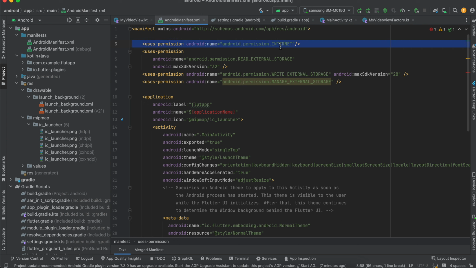That's why I've taken the internet permission. For older Android devices, for saving the transformed video or audio file, we have to use read write external storage permission, and here I have created our manage external storage permission as well. The next thing is